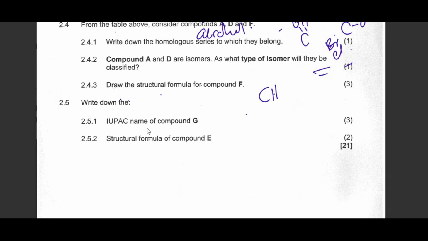Okay, let me just make the structural formula. See? So it's like that. Don't forget that there is a hydrogen there. Hydrogen, hydrogen, hydrogen, hydrogen, hydrogen. While the other one is